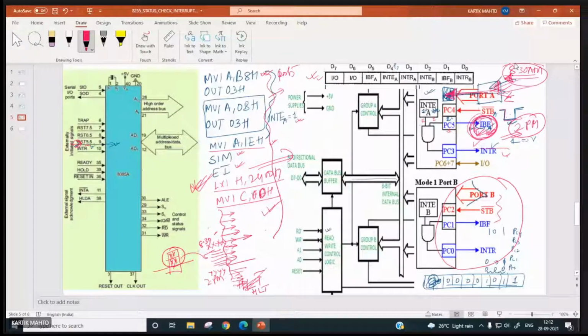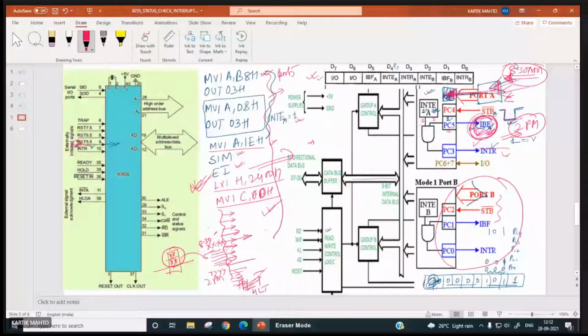So unnecessarily the processor will input so many bytes within a microsecond, and memory will be wasted by storing the same data. So that's why proper handshaking has to be there.